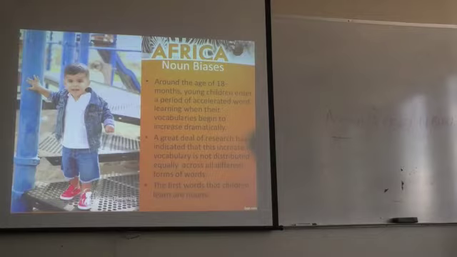So the best way to teach somebody whose primary language is English another language is to teach them all the nouns, and then you add the verbs. Now all of a sudden they can put together a sentence, except it's not grammatically correct, because the French don't do it that way. They put the verb at the end. A lot of people put the verb at the end. The Chinese put verbs at the end.